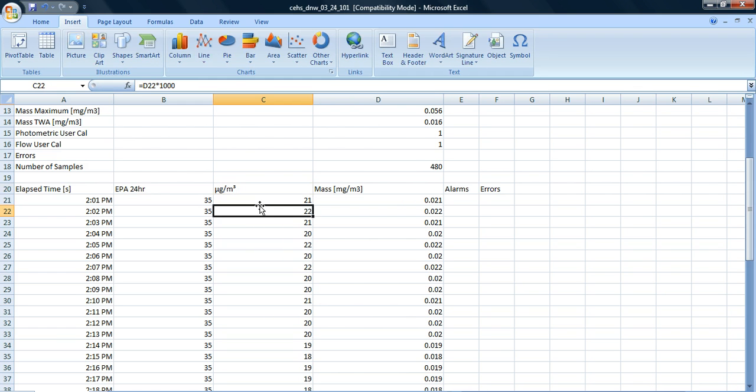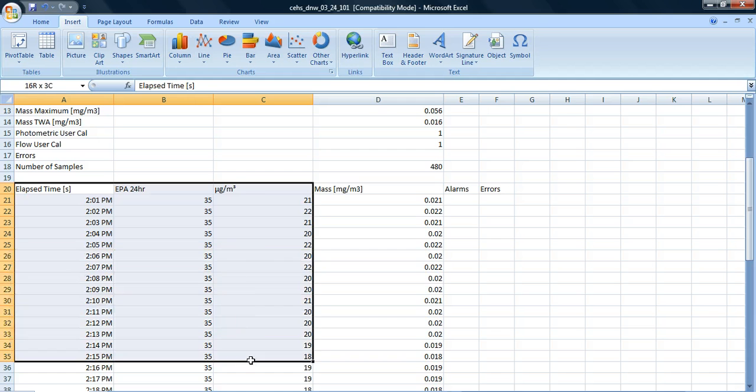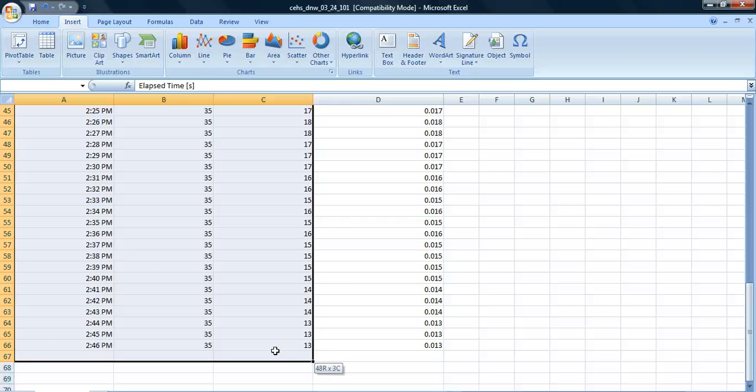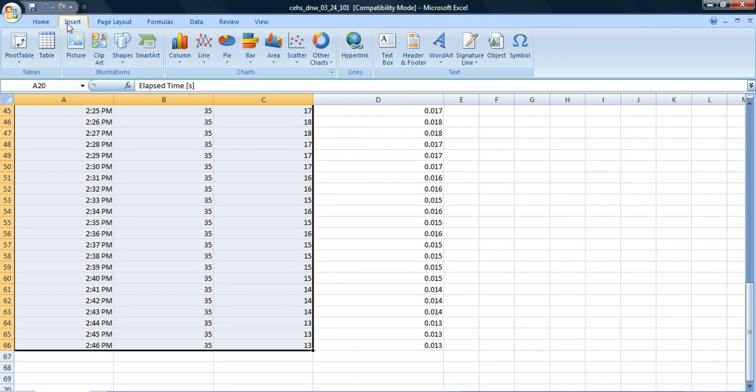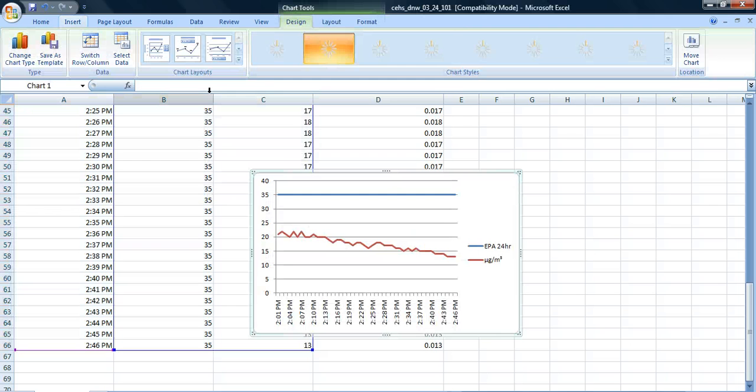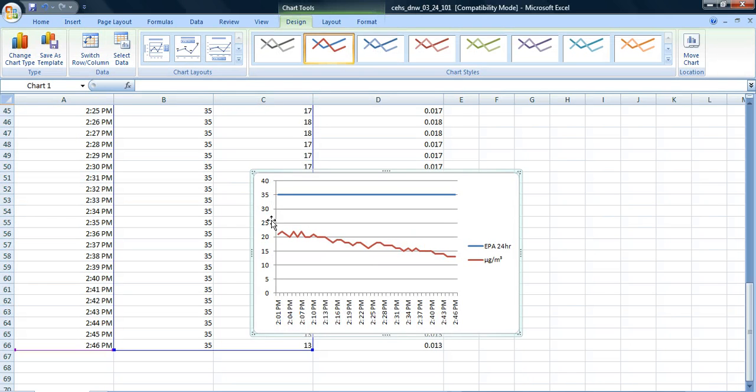Next up is to graph all of this. So I'm going to highlight the time and highlight all 3 of these columns. Scroll to the bottom of my data, and I'm going to make a line graph. So I'm already in the Insert tab. That's where the graph will be found. I'm going to go to Line Graph and pick the first one. You can experiment with different types of graphs. And there's my graph. It has my time already along the bottom, and then it has my micrograms per meter